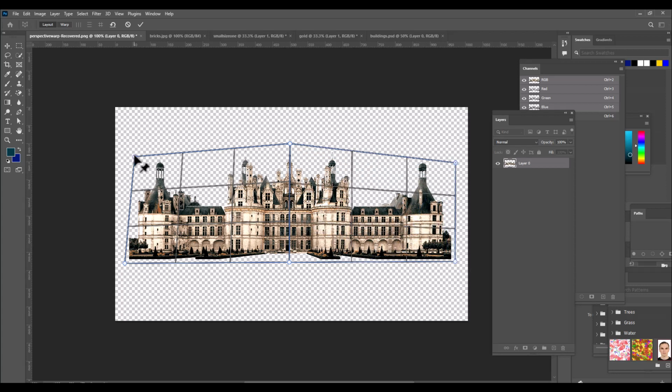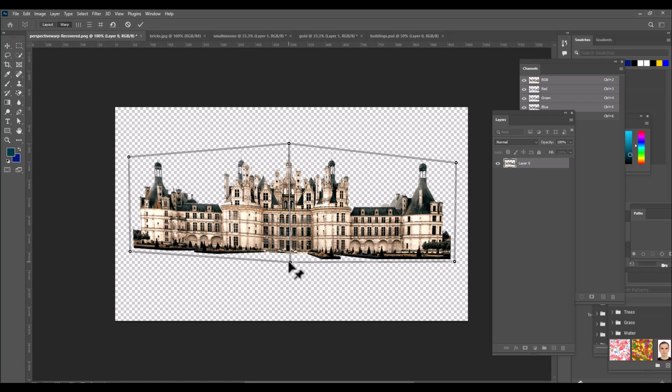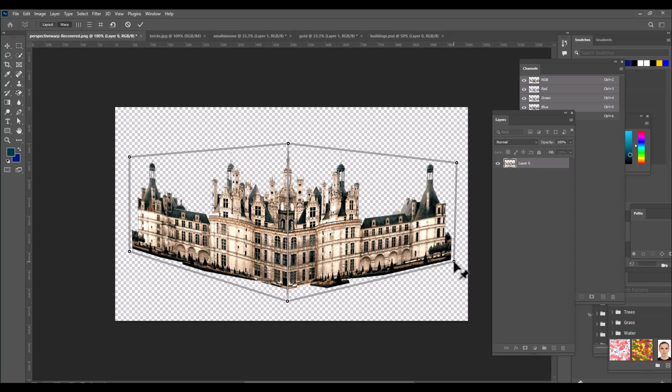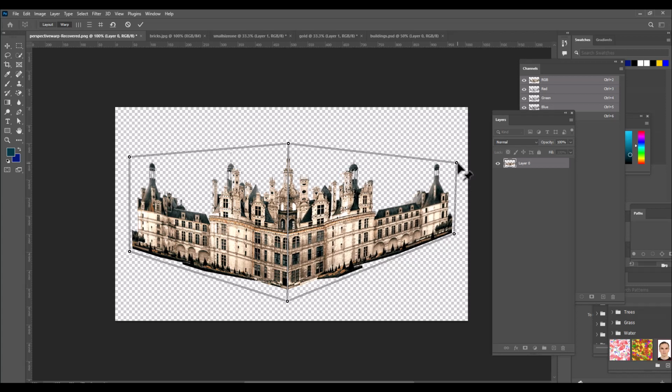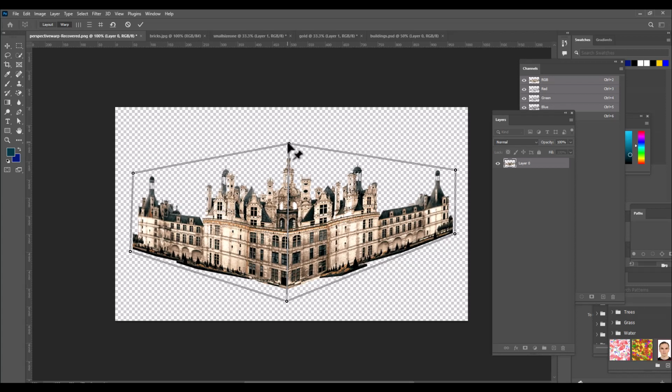And now here we have the option warp. Let's click on the warp, right? And now we can just adjust these points and position the building in perspective. So we can see here, it's very simple,